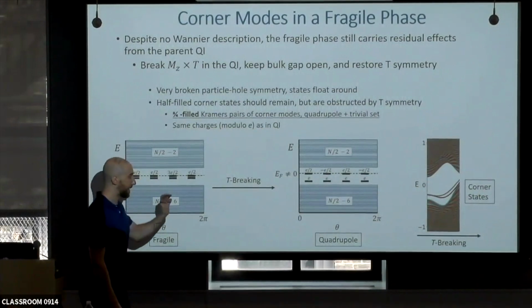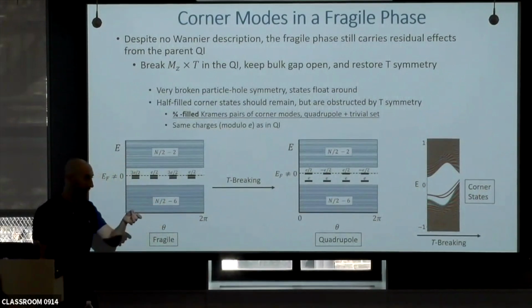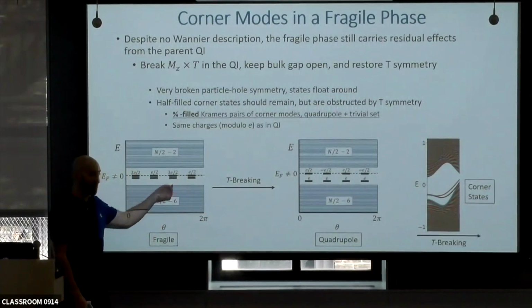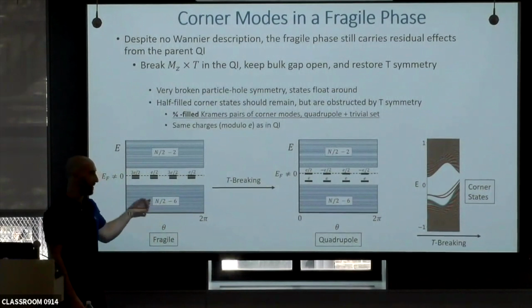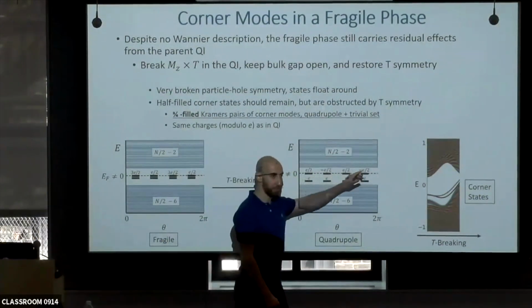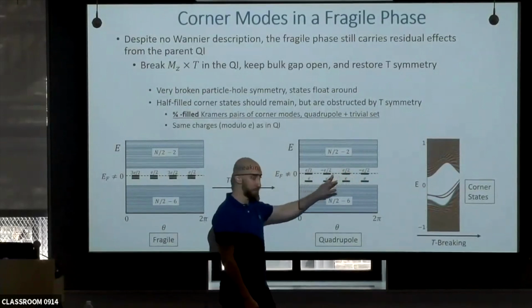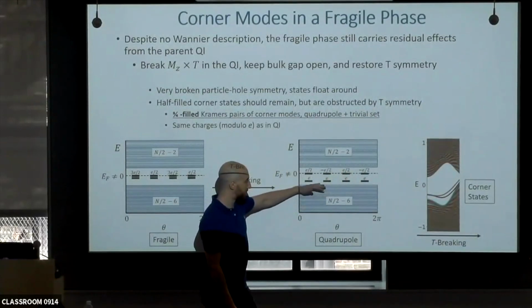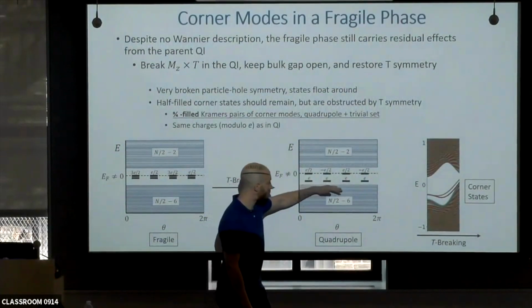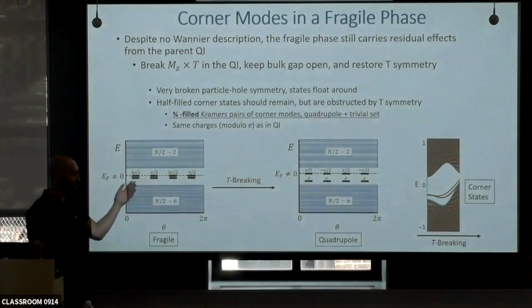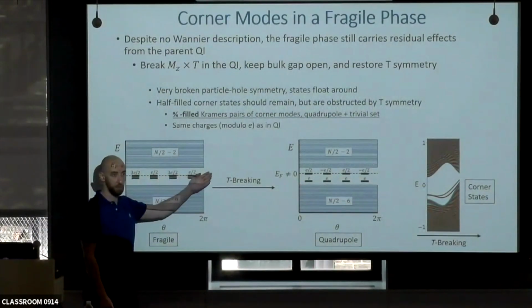As I restore time reversal symmetry, I know that at the end, I have to have Kramers pairs of corner states. But when I get there, they're not half filled. Because what happens is in the quadrupole, I have some average half filling of the corner states. So I have maybe 2 electrons for these 4 states. But as I restore time reversal symmetry and tune towards the fragile phase, I float up 4 fully filled states, and I realize these Kramers pairs of fractionally charged states that have the same charges modulo e as those of